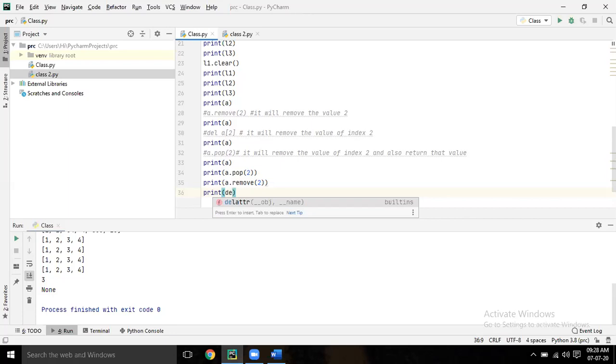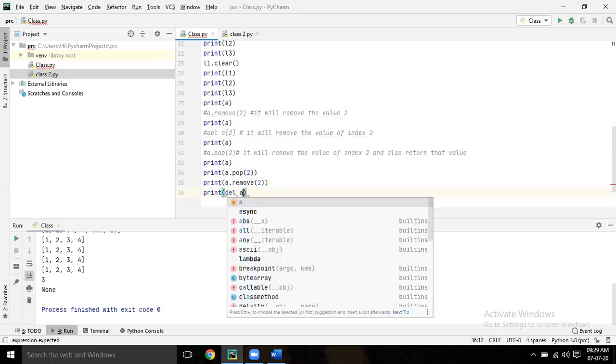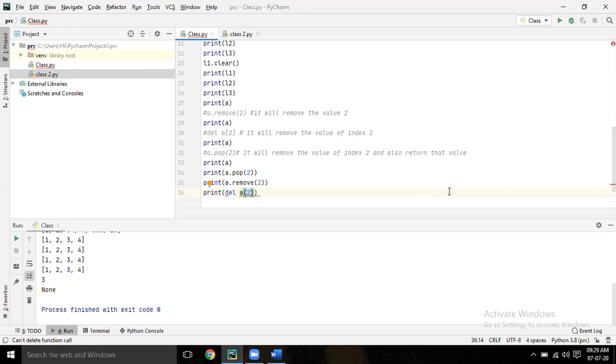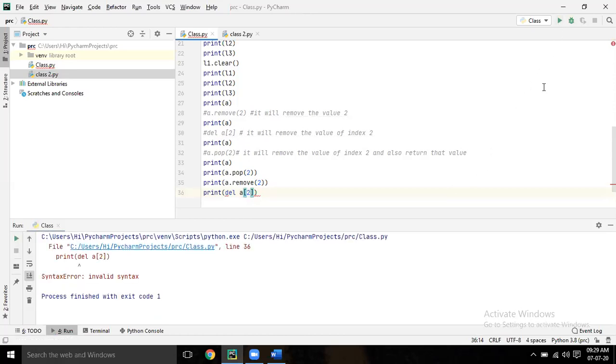Del space a within square bracket 2. Okay, run it. So the del will give a syntax error. We cannot print that one.